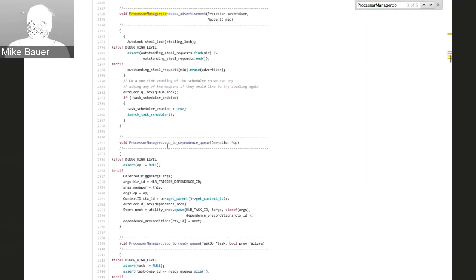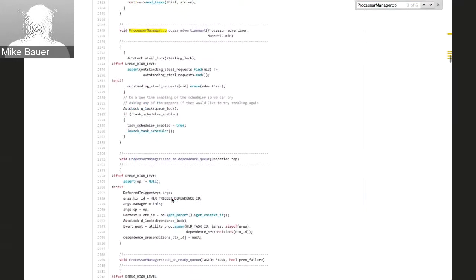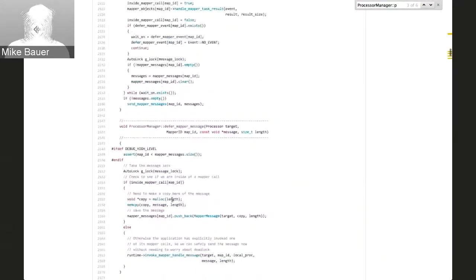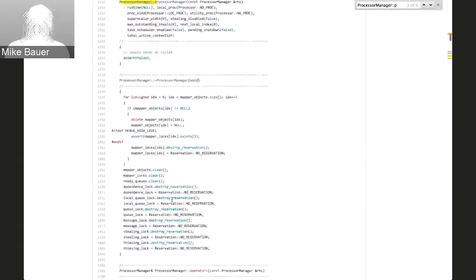Okay, so that's add to dependence queue, which was a call that we had seen earlier, but I hadn't really explained in much detail. But now you can see how the processor managers actually help facilitate that operation onto a particular utility processor. I'll mention briefly that this utility processor is actually passed in from the high-level runtime when we create this processor manager. So if I scroll up here, if we actually look for the processor manager constructor,